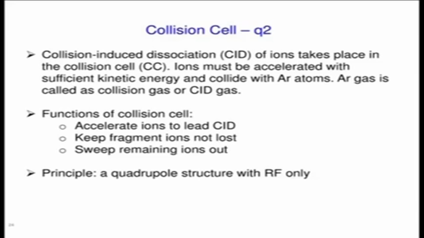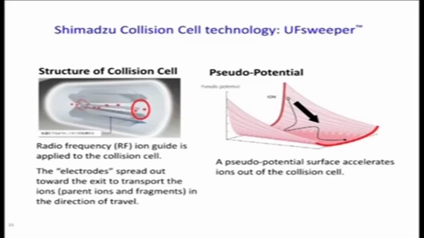Once the ions get selected in the first quadrupole, they go to the second quadrupole where they collide with the argon gas at a particular energy, and based on the collision energy the compound gets fragmented, and then this product ion gets scanned in the third quadrupole. Okay, this is one of the techniques utilized by the Shimadzu instrument, that is the ultra fast sweeper